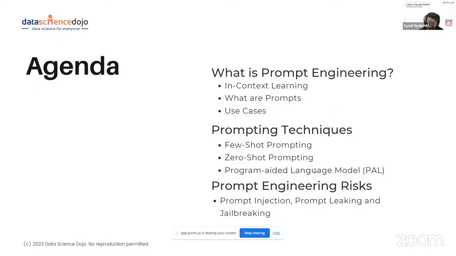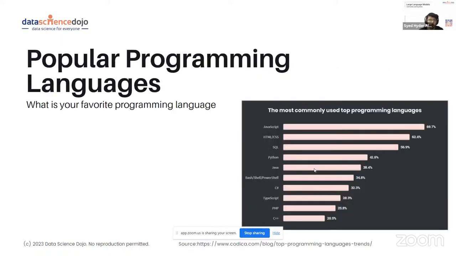So let's start with programming languages.